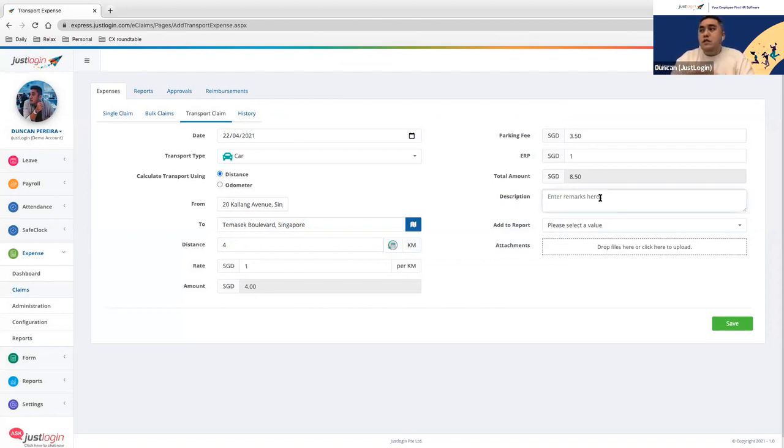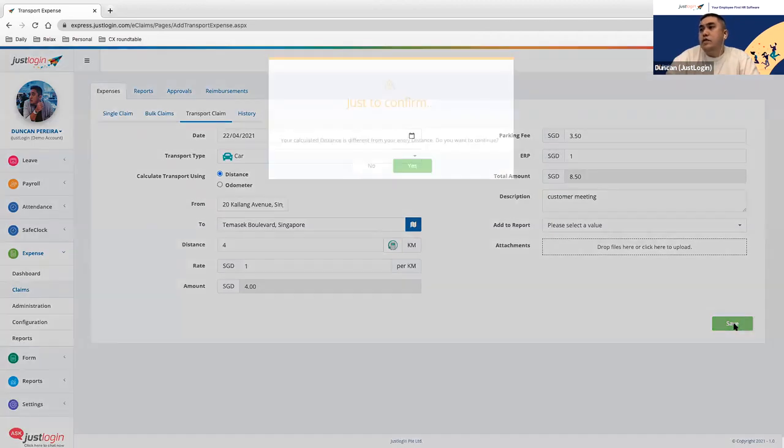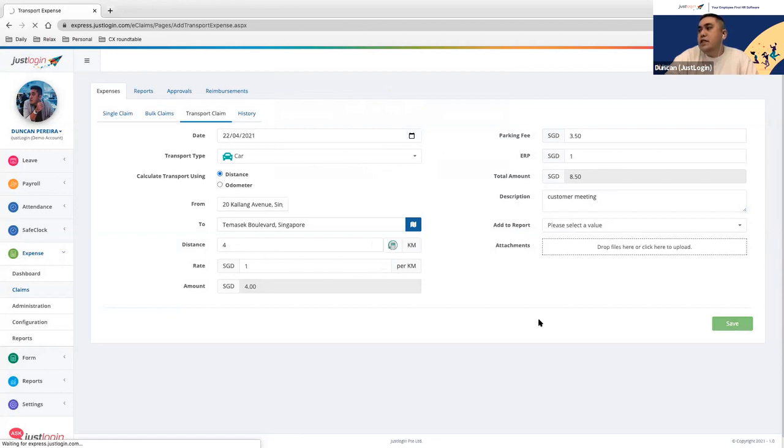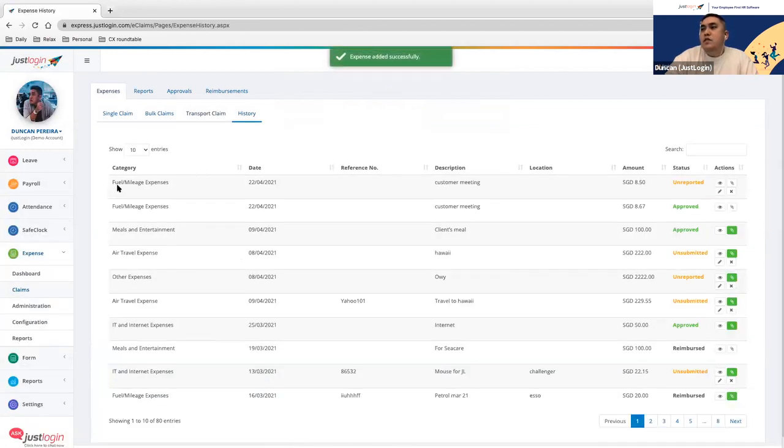For the claims that I've set up, every single claim submission will require a description. So perhaps the description here is, and I can click on save. You can see because the user was able to do the edit, we are asking you to confirm if the calculated distance is correct. If you click on yes, it will use the distance that has been edited and saved. And then your fuel or mileage is actually captured here with the amount unreported. So this is how you can do your submission